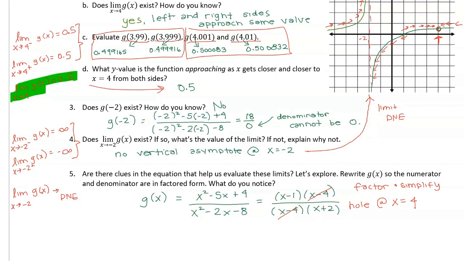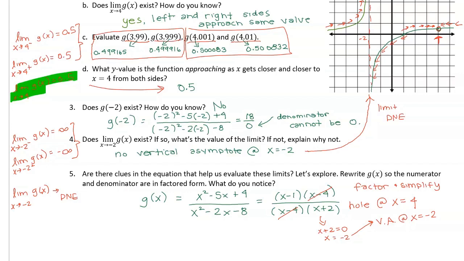You'll notice on the graph that we have a vertical asymptote at x equals -2. So if I set this x plus 2 equal to 0 and I solve for x, I get x equals -2. That is our vertical asymptote at x equals -2. So whatever factors divide out, that is where we will see a hole. And whatever value in the denominator makes the denominator 0, that's where we're going to have an asymptote.